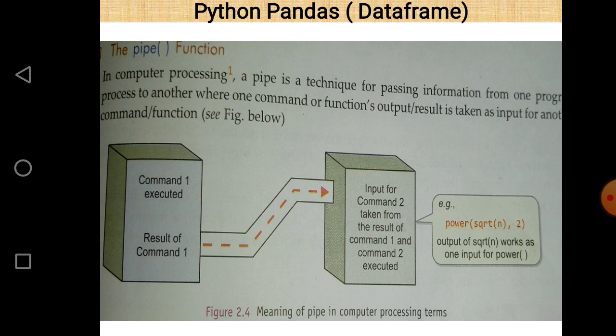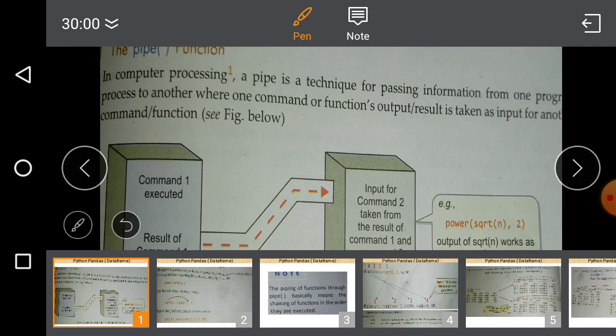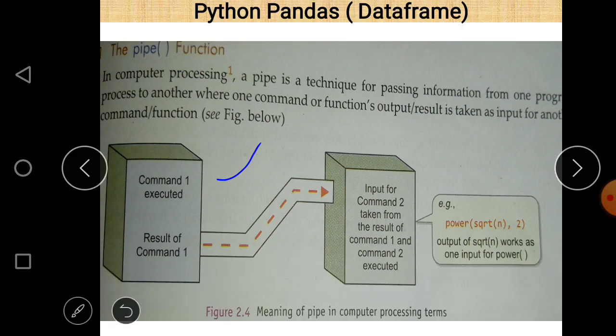There is a diagram here. In the first block, command 1 is executed, and the result of command 1 goes to the second box, which takes it as an input.